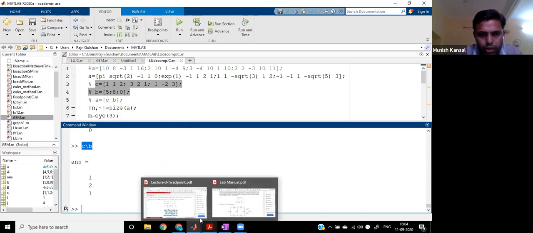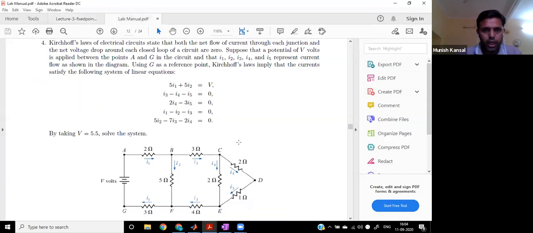Now I have one more question for you that is given over here. This is some electrical circuit problem. So we have shown that this circuit diagram can be turned into a linear system of equations. When we solve this with the help of your physics techniques, you get a linear system of equations. So I1, I2, I3, I4, I5, these are the notations for currents flowing in the particular diagram, right? So this is a linear system of equations.